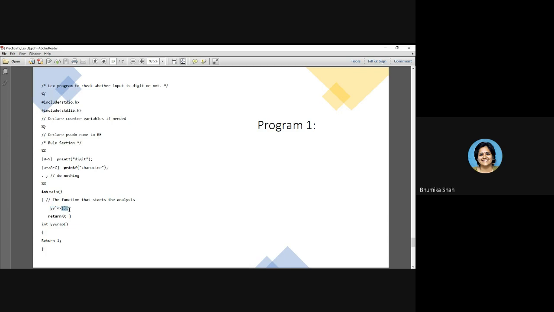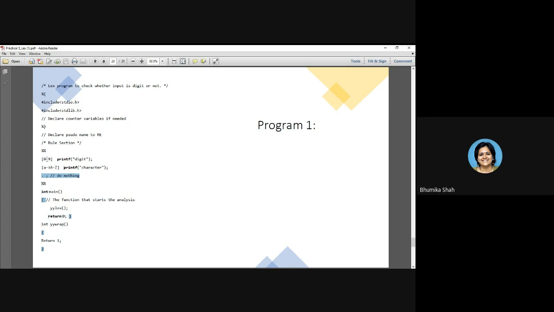Now the yylex function will get the value A and it will throw it in the second section. From the second section it will see: is A satisfying the first rule? No. Is A satisfying the second rule? Yes. So what action should be executed? Print is a character. So the first output it will print is, just beside A, the character. Then it will wait for you to enter the next thing.